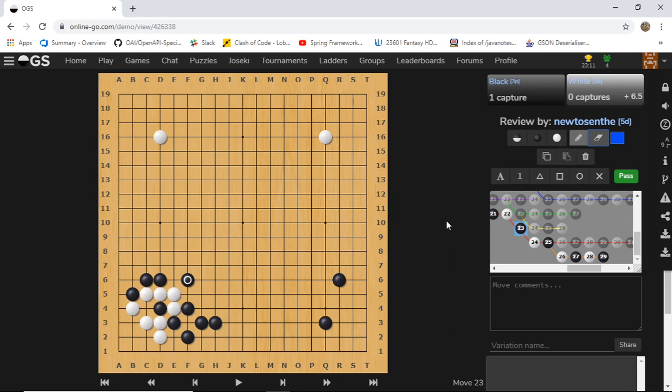So still a playable game for both sides. This is actually one of the main variations for both sides, and yeah, playable. Still, the game will depend on how you play later on, especially when white makes the invasion inside the moyo. One of the possible variations,